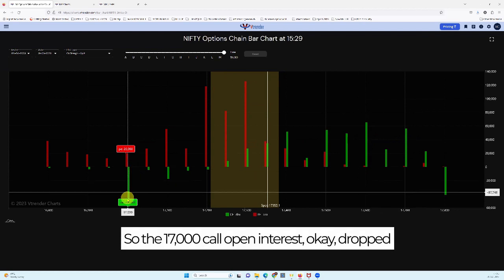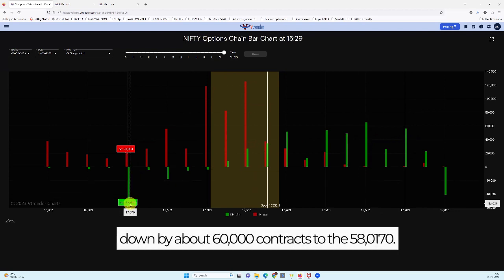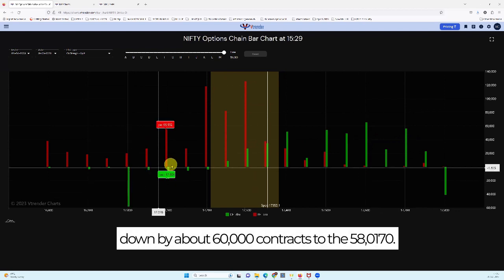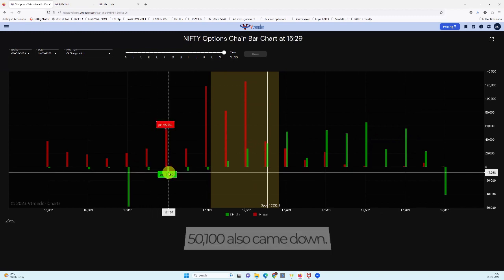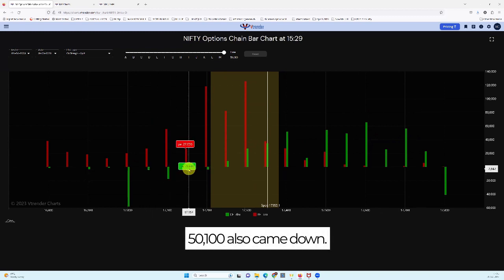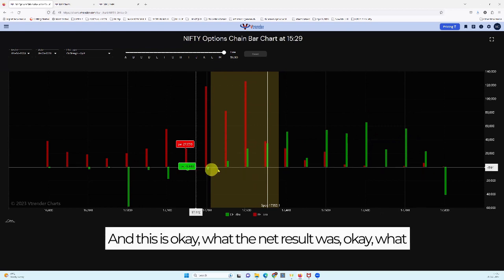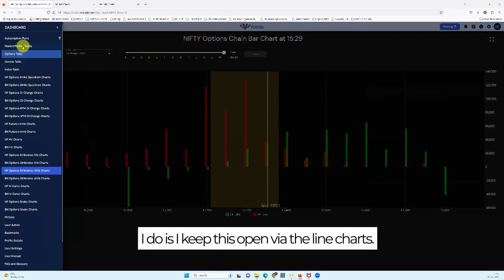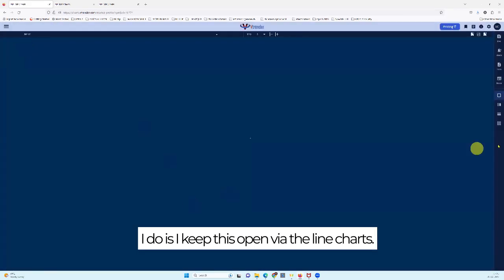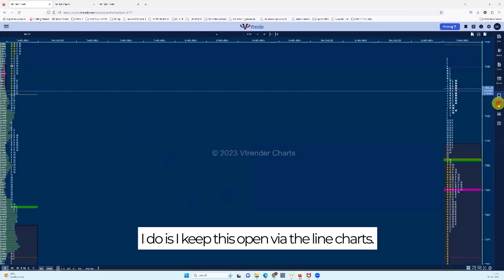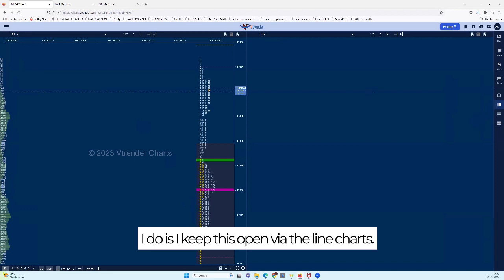So the 17,000 call open interest dropped down by about 60,000 contracts today, 58,000. 17,050, 17,100 also came down. And this is what the net result was. What I do is, I keep this open